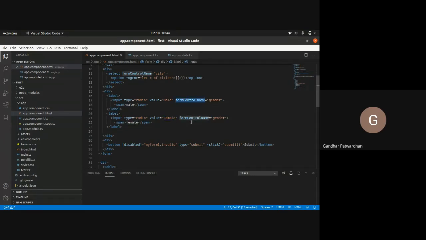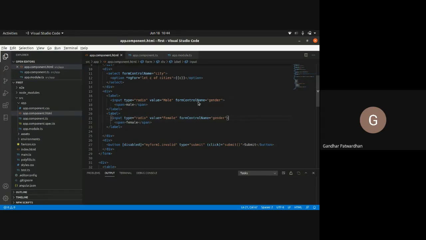Now the form control name is the same for both the input fields, may it be male or female. So that is how I attach the form control name to the radio button.